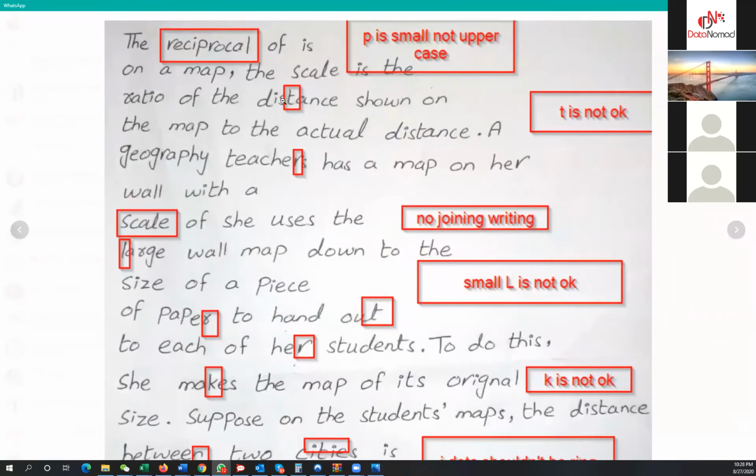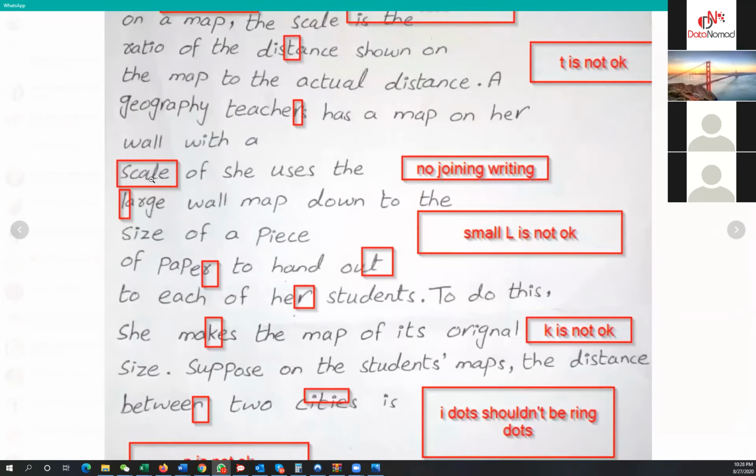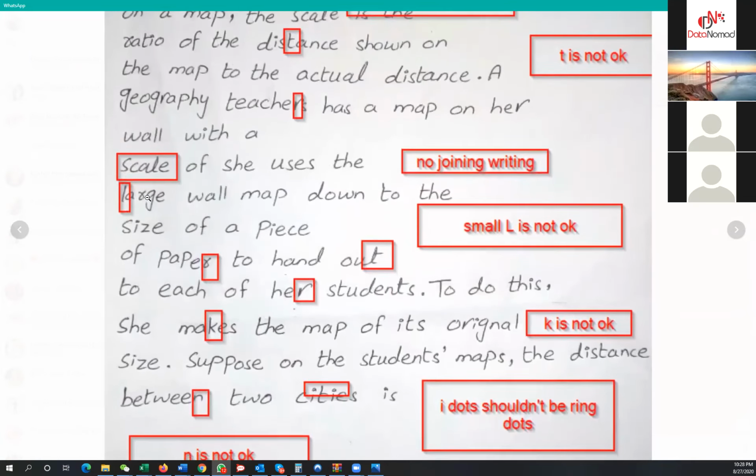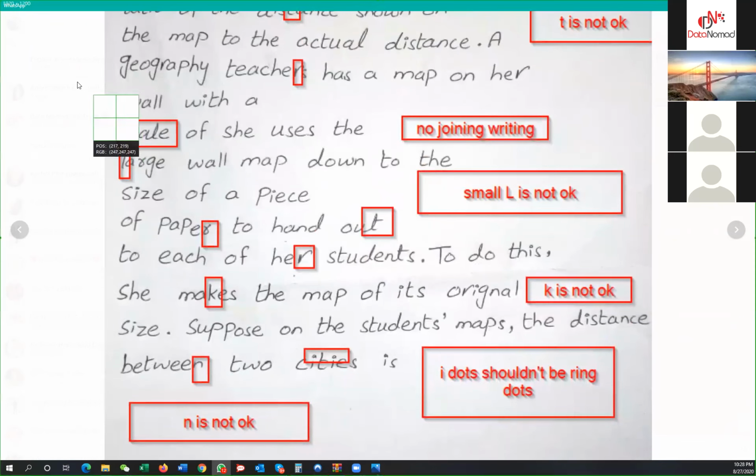This T, you can see this stick coming out is just on the right side, not on the left side. This R is not correct. A and L is connected over here. This is also not okay. This L is not proper. R is not proper. T is not proper. So for example,